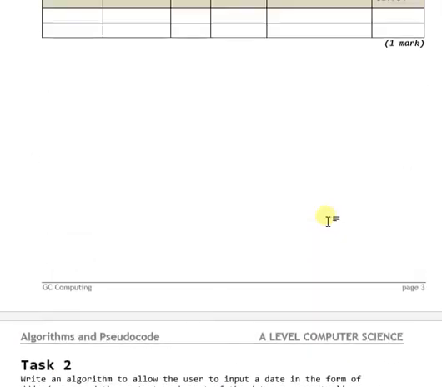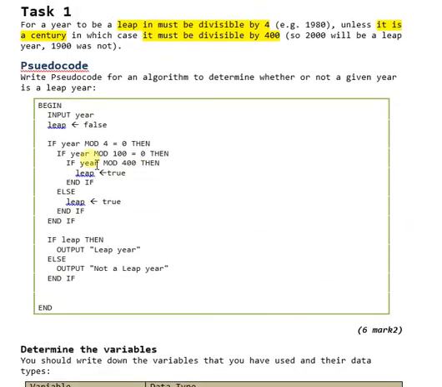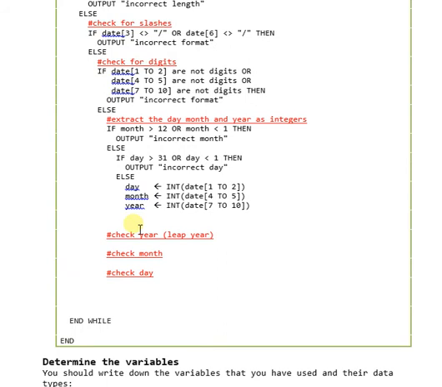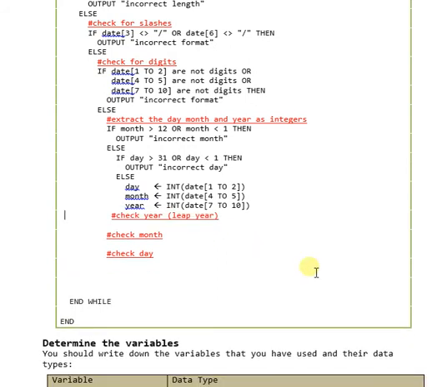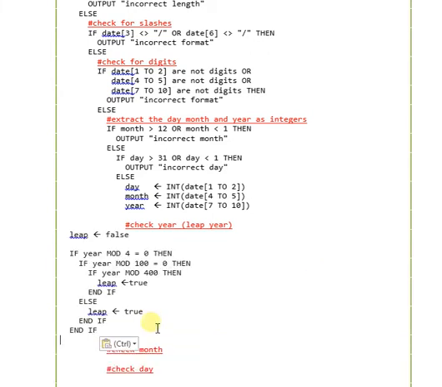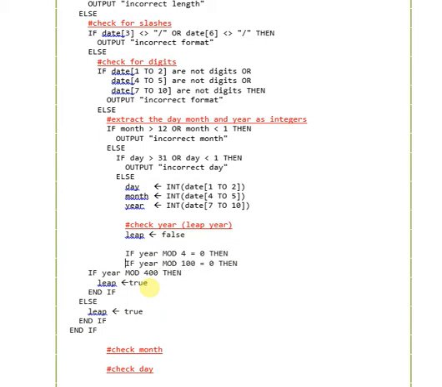I'm going to use the code that I've already got. Okay, I want to check for a leap year, so I'm going to use this code here. I'm going to have a boolean again, which will check for my leap year. So let's bring that in. Let's paste that code in. There we go. So I'm going to set a leap boolean to false. I'm going to ask, is it divisible by 4? Okay, and then if it's that,